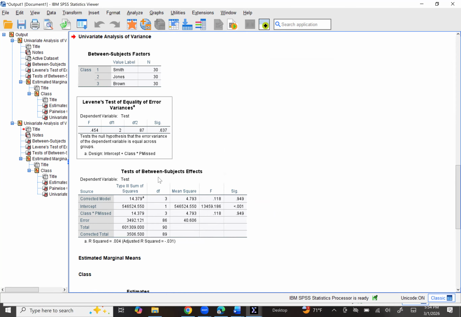And the only thing that we're going to be looking for is the tests of between subjects effects. And that's the class times the periods missed. And we can see that the degree of freedom is 3. The F score is 0.118, and the significance is 0.949. So that means that we did pass the test, and the ANCOVA was the correct test for us to use